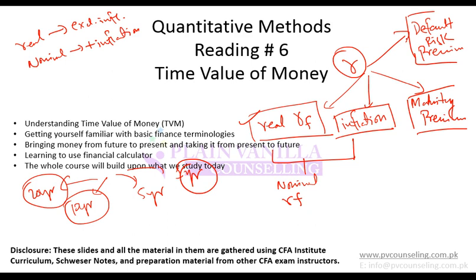Default risk is also known as credit risk. Remember this terminology as well. So if credit risk or default risk is higher, then premium will be higher, and if it is lower, then premium will be lower. And using all of these, you make a rate, and that rate is used to discount back future cash flow to present and present cash flow to future. So you can bring back any future cash flow to present or take any present cash flow to future using this discount rate or interest rate.